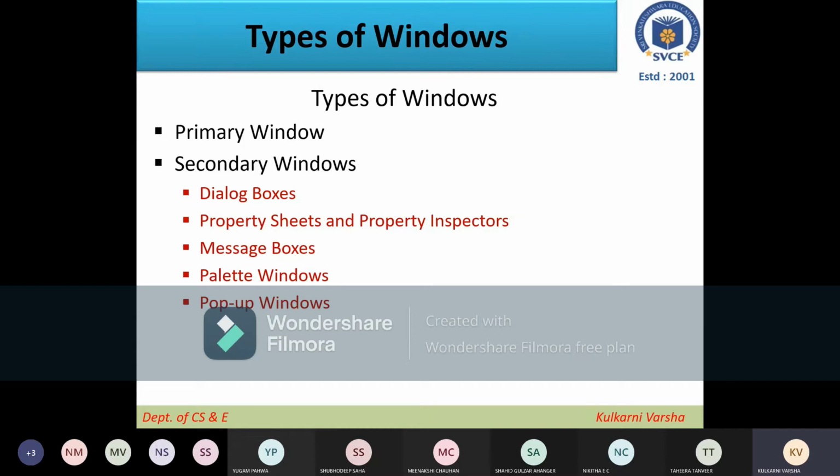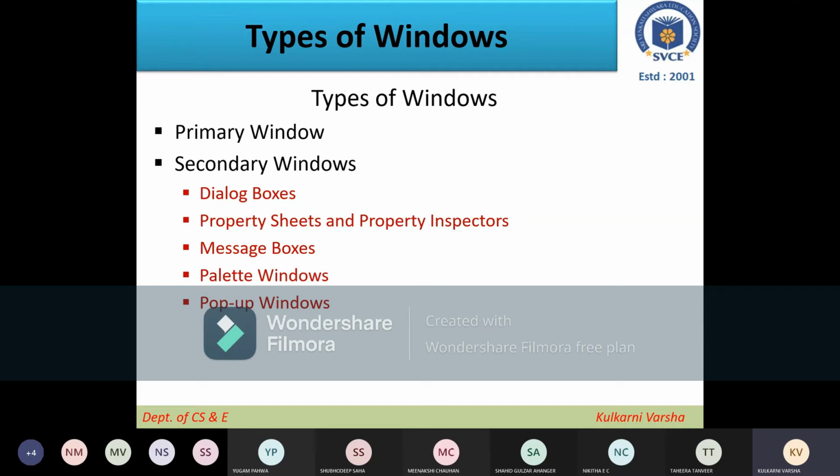It's the same as a primary table and secondary table, or a primary entity and secondary entity, or we can say a primary key and secondary key, right? So something which depends on the primary key or primary window is a secondary window. The primary window is the main window, we can say a parent window, a window which generally starts with any application, where all the functionalities or maximum important functionalities, through which we go through different functions. So that comes into a primary window.